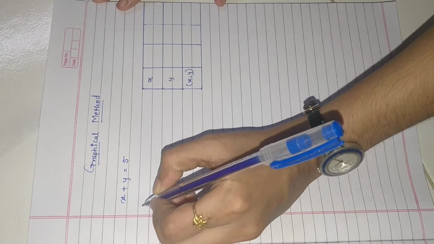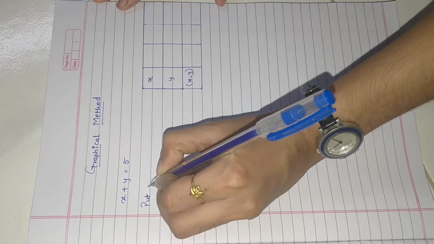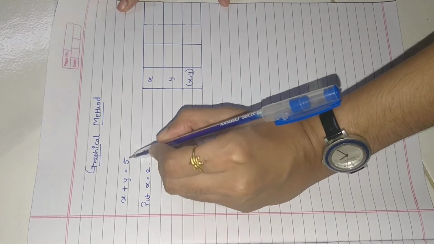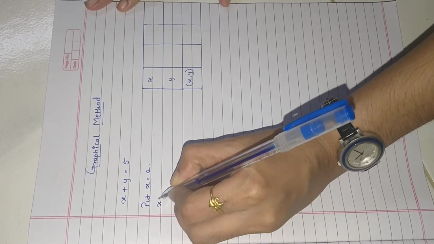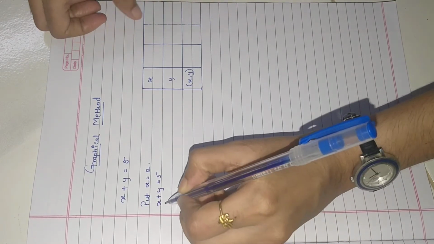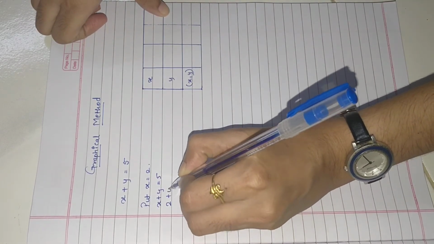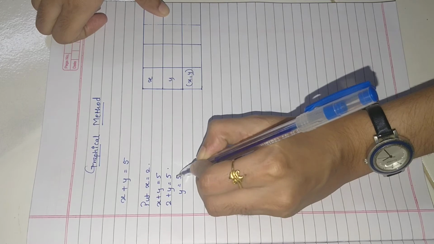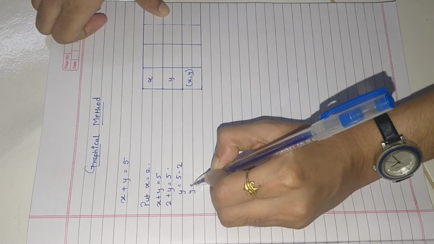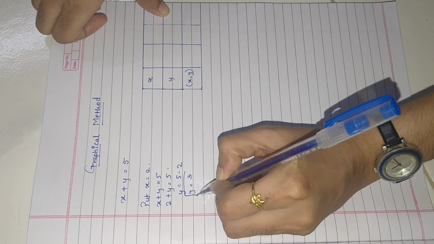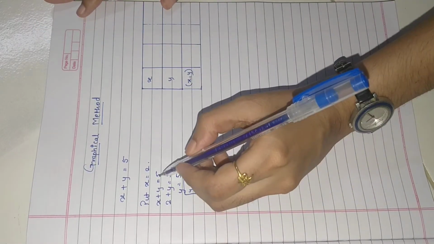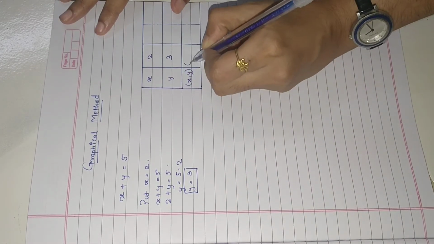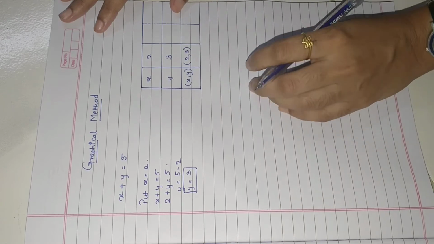So I wish to assume the value of x as 2. So x plus y is 5, this is our equation. When you put the value of x as 2, you solve it like this. So y is equal to, when 2 goes to the other side, it becomes negative, that is minus 2. So you get the value of y as 3. Correct? So when you put x as 2, you get y as 3, and this becomes your coordinate point (2, 3).